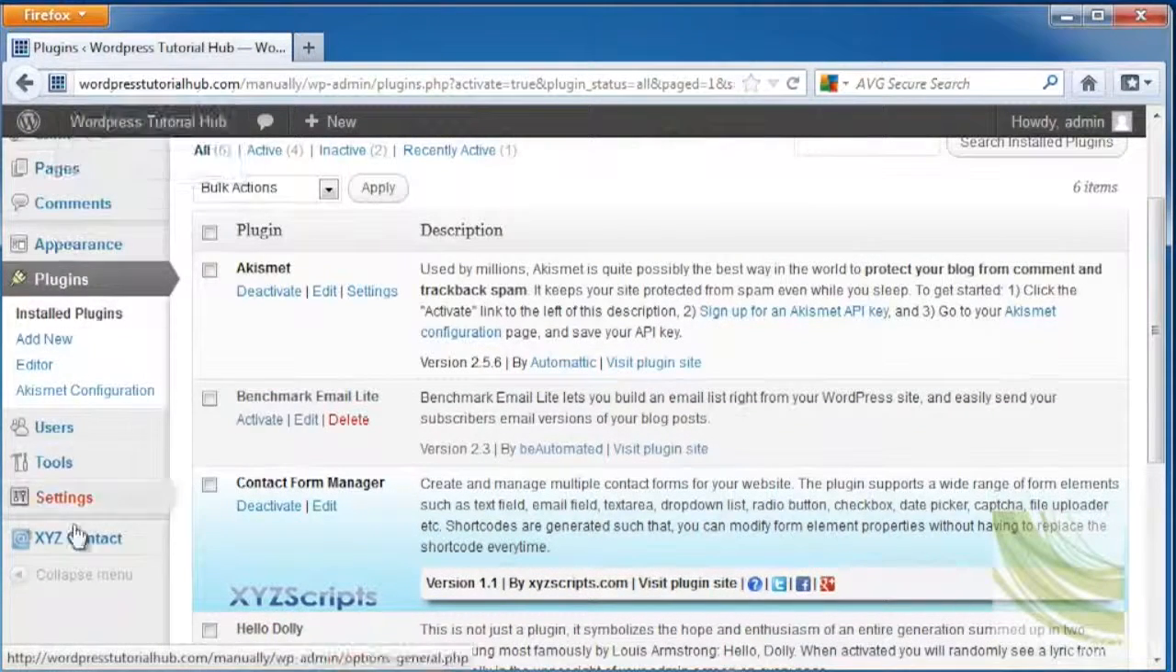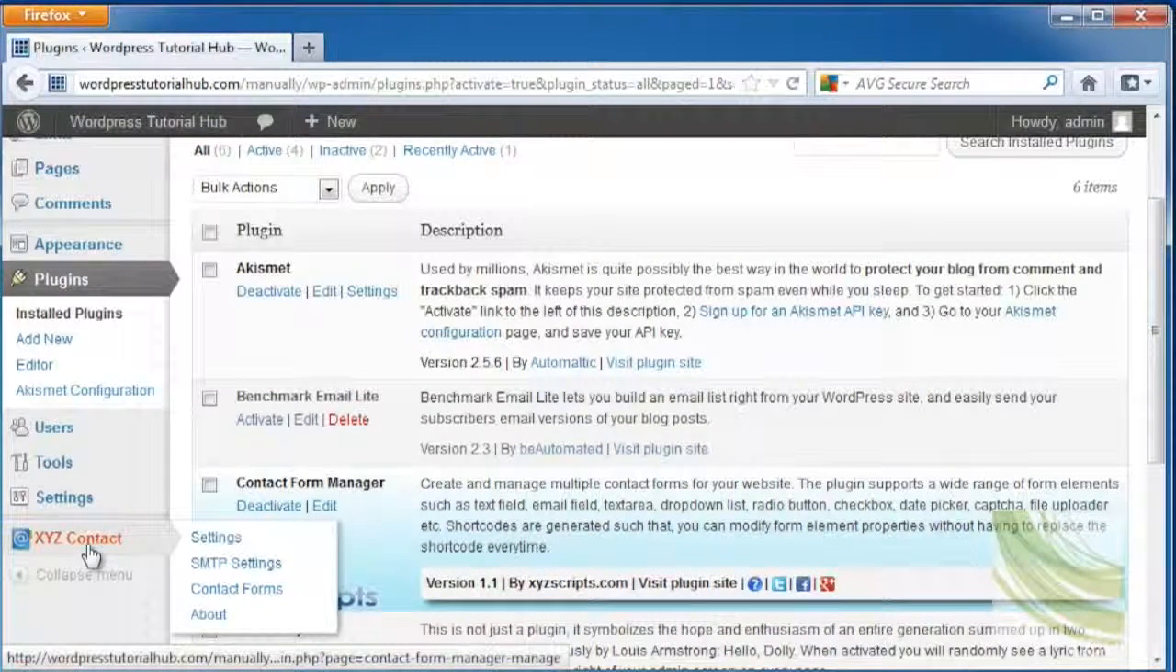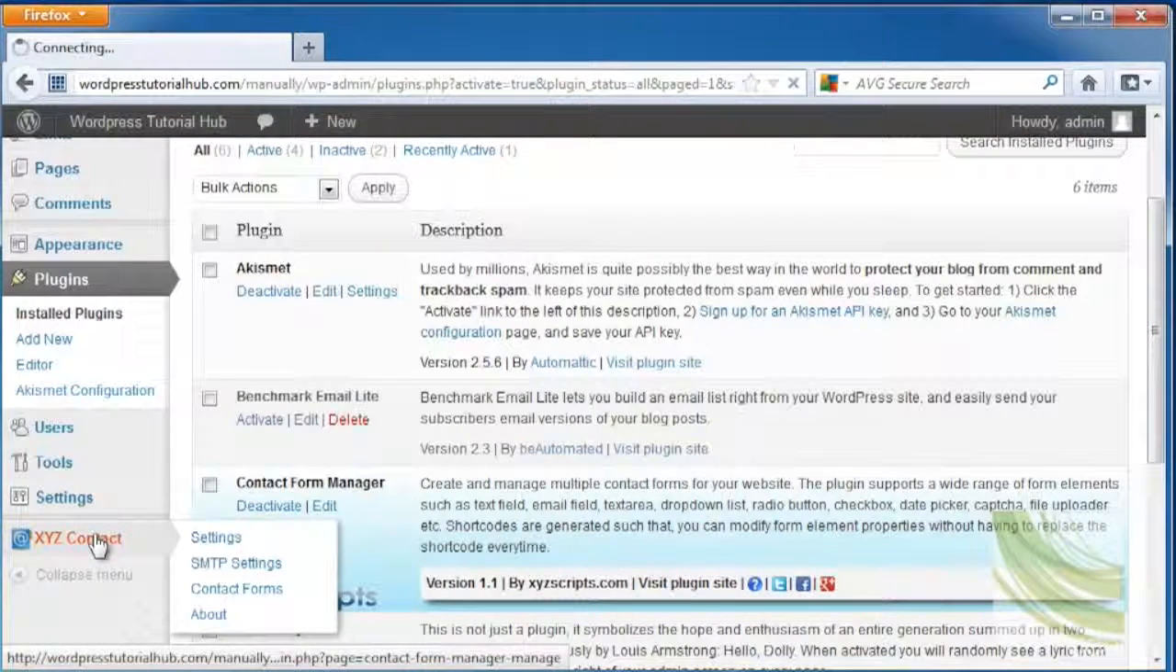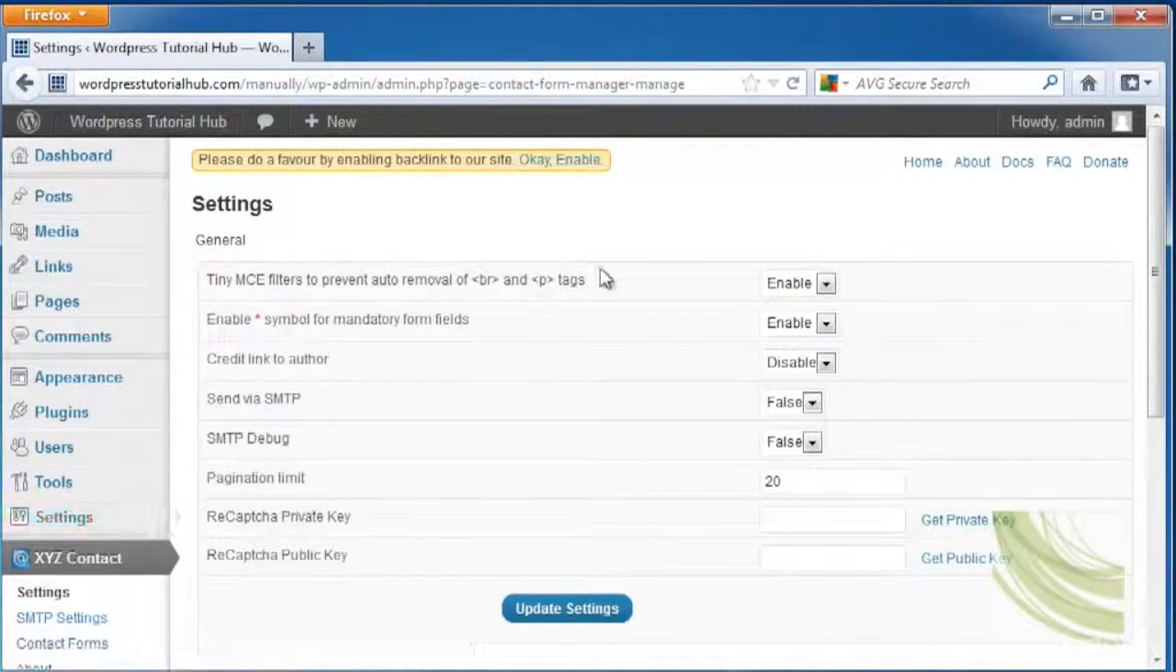If you look here over on your dashboard now, we've got XYZ Contact, and they are the makers of the contact form manager. So let's click on that, and we can choose our settings. This will allow it to prevent auto removal of break and page tags. You can enable that or keep it disabled. You can enter a star symbol for mandatory form fields. I want to keep that enabled because I want to make sure that I get the information I need, and